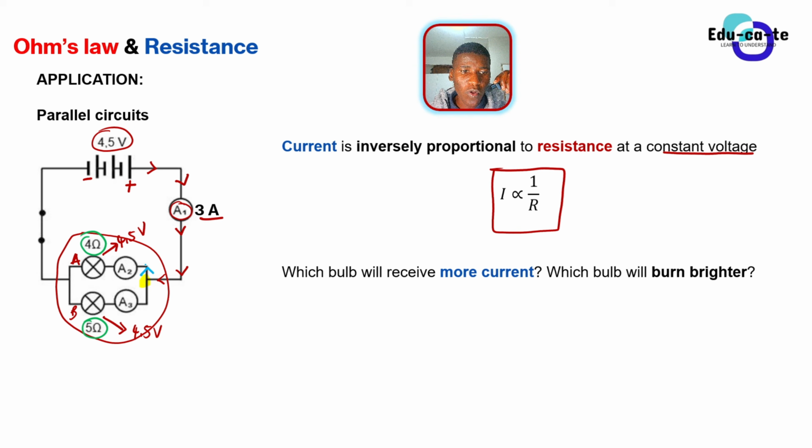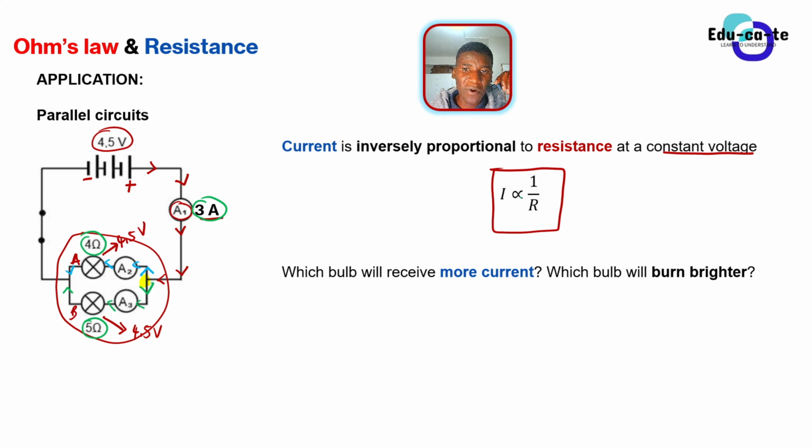So some of the current will go up there and it will go to the 4 ohms light bulb, and then some of the current will be going down there to the 5 ohms, and then this current will combine again and make the total current once more. I have explained this deeply in my video of series versus parallel circuits, but basically the current is divided. So this 3 amperes will be split amongst the 4 ohms resistor and the 5 ohms resistor, but it will not be split equally, because current is inversely proportional to resistance.